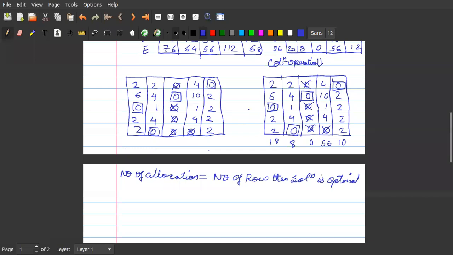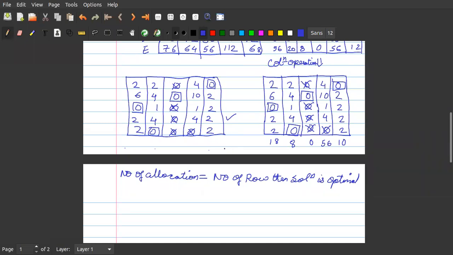Okay, so what we will do here, we will select first that row which is not having any allocation. So this row is having allocation, this row is also having allocation, this row is also having one allocation, this row is having no allocation. So if there is a row which is having no allocation, we'll mark a tick here.